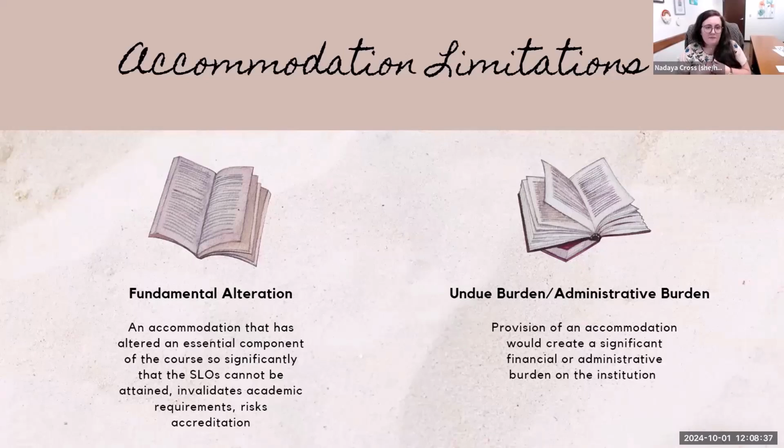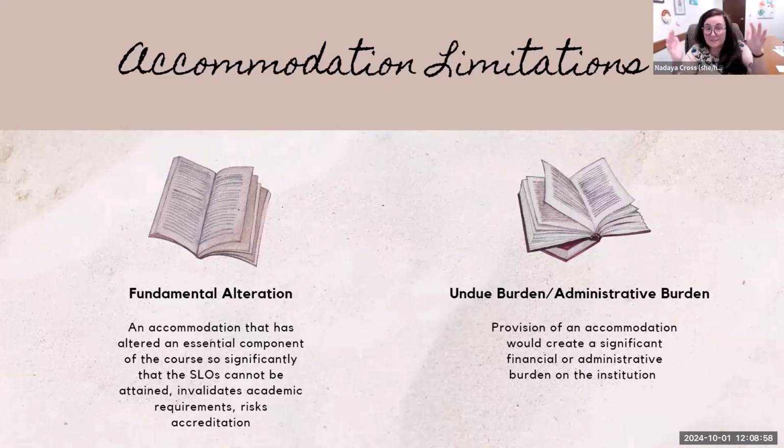If my department was to say, no, we can't provide a tactile interpreter, we don't have the funds, the Department of Justice would come in and look at the entire budget of a university. They don't look at just the Disability Services budget. They look at everyone and say, oh, you guys are building a new building. You guys are doing this, you're doing that. Yeah, you can afford it.